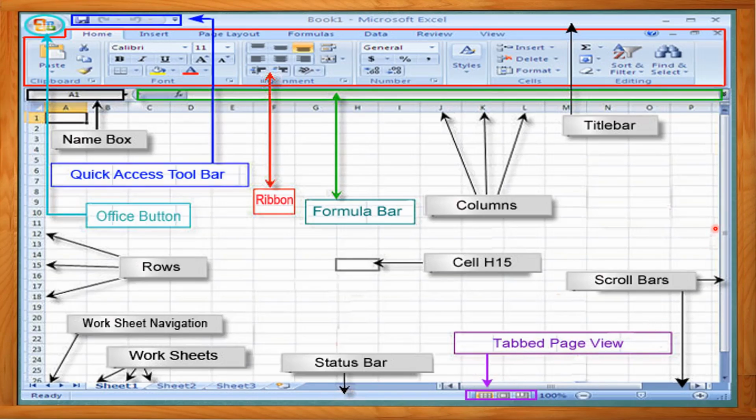On the left and right hand side corner you have scroll bars, horizontal scroll bar and vertical scroll bar. Students, this is all about the Microsoft Office Excel 2007 screen.